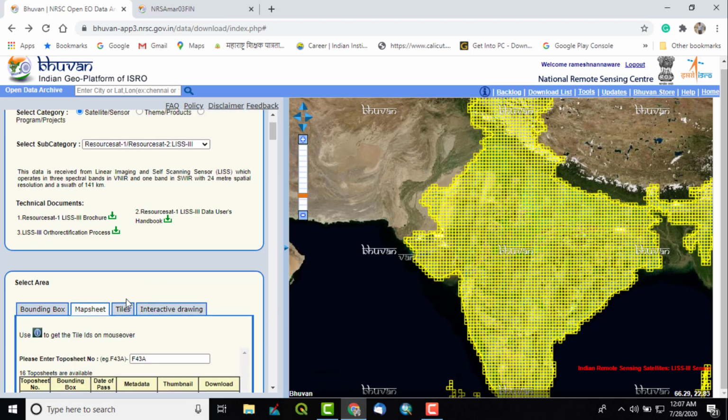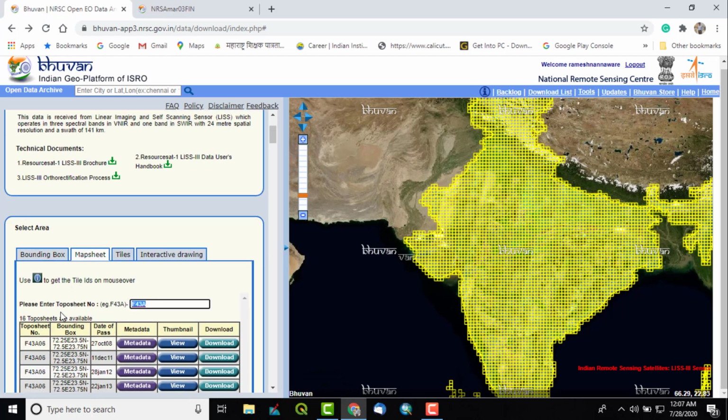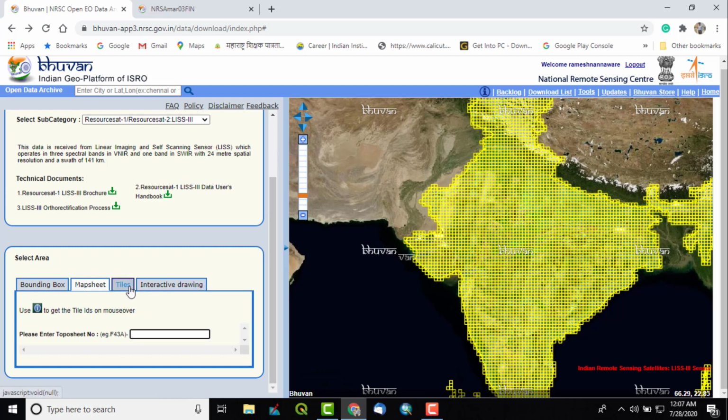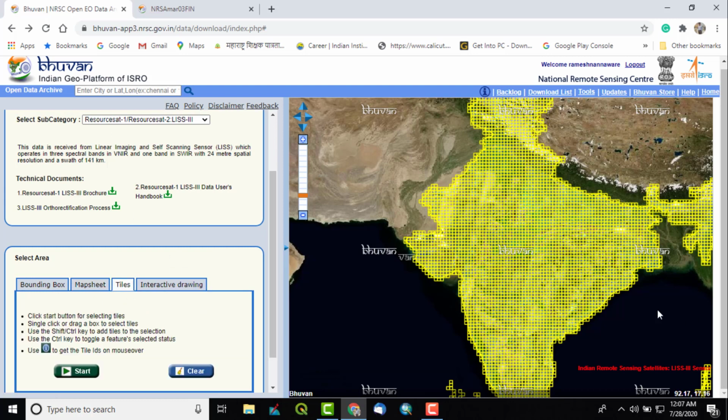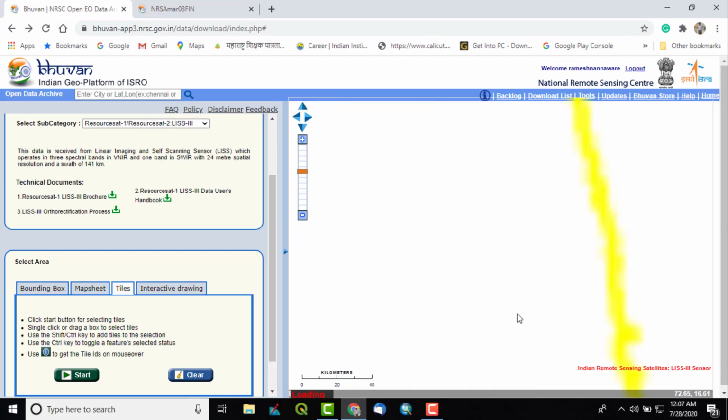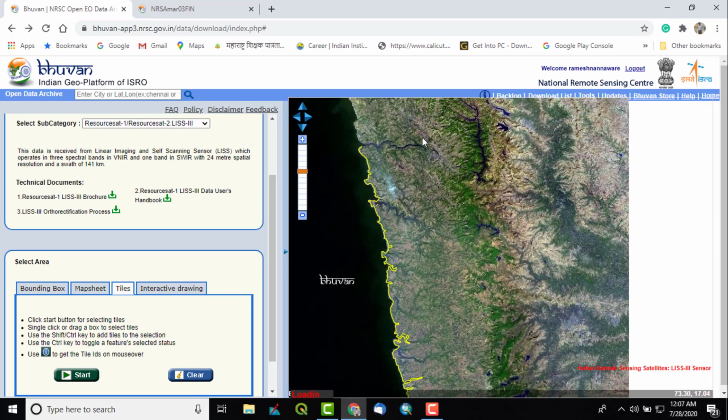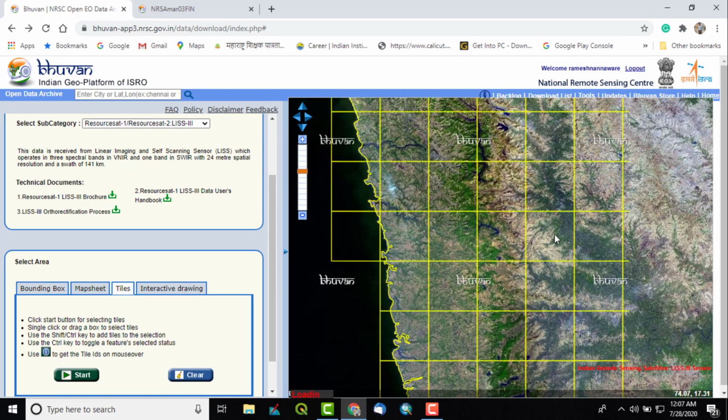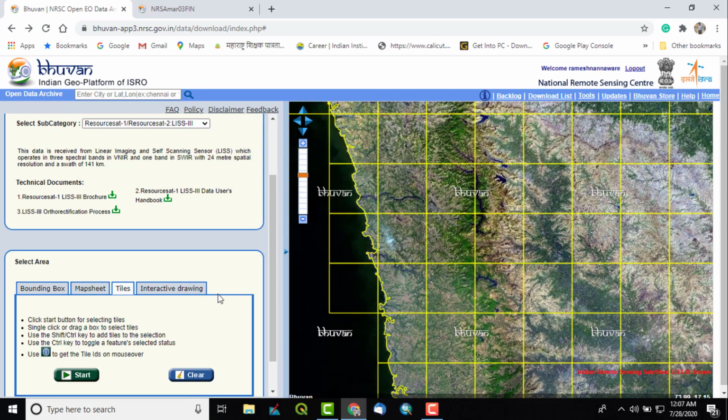So I will simply go to the next option, tiles. So what does tiles mean? If you know your study area and you can define it from this particular view given over here, you can simply manually click the tiles from the tiles option.